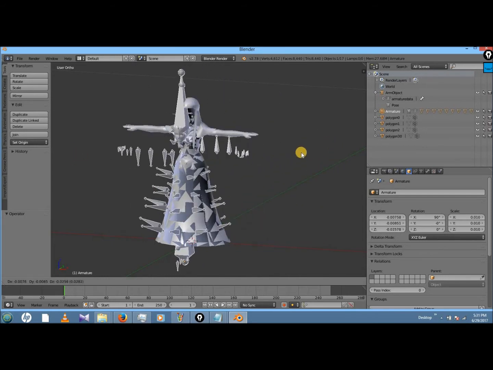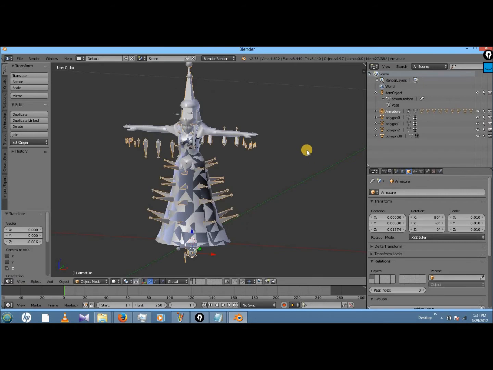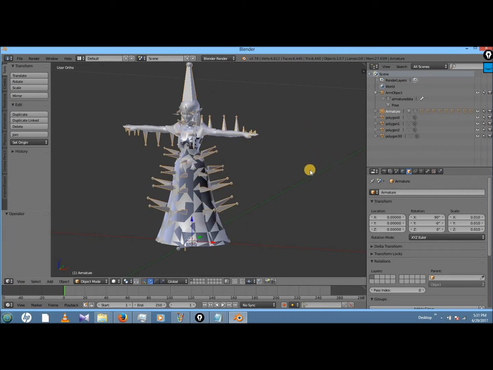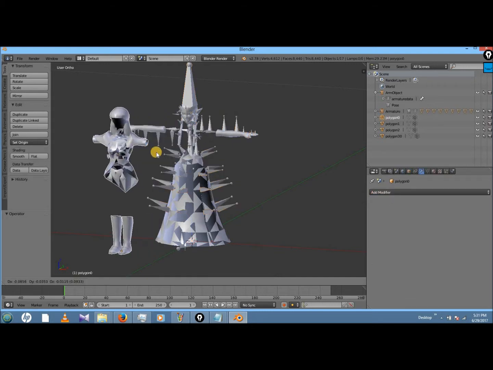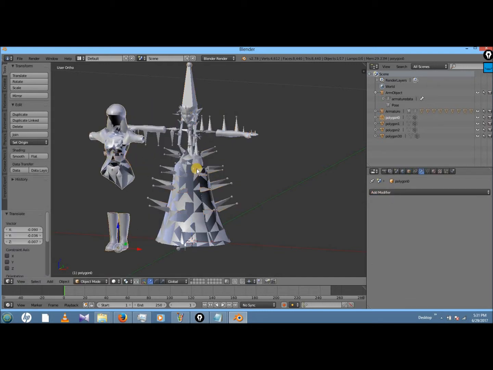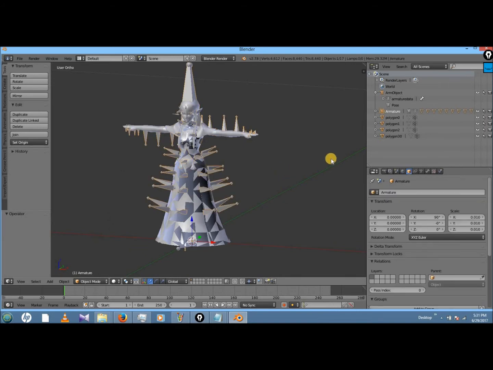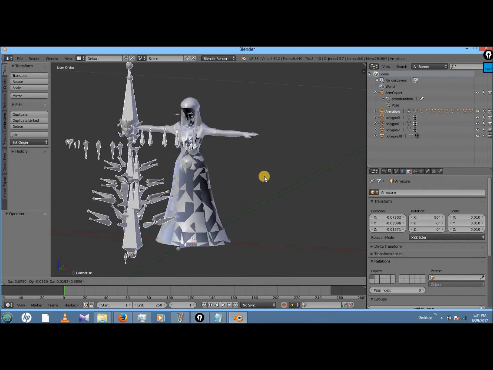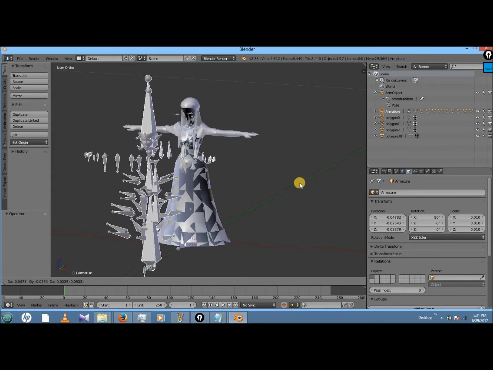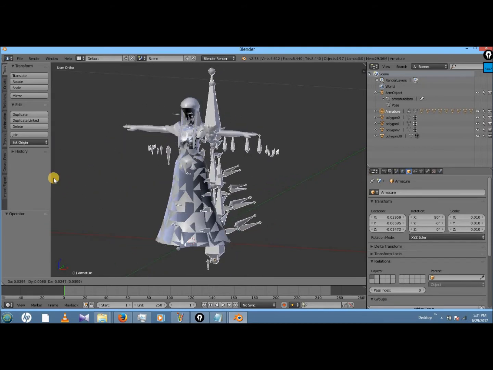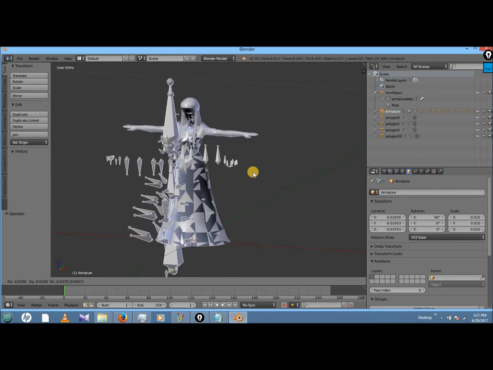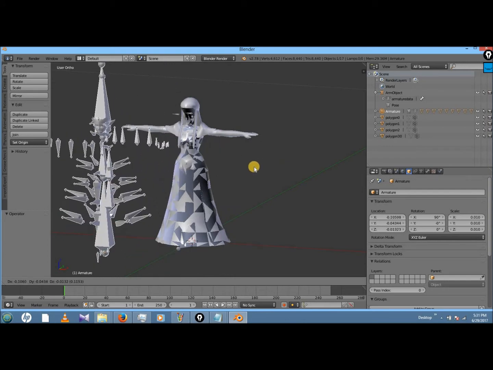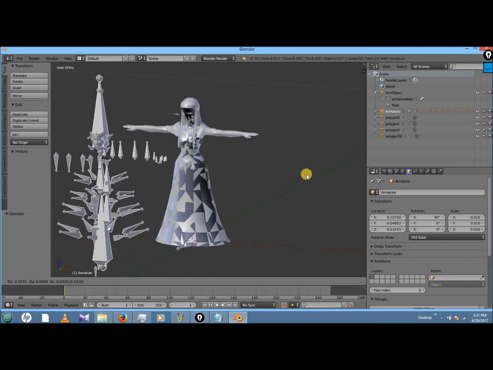The way to do that is you hold down right click while moving the mouse away from the model, because if you do it where the model is, you might select another polygon. But if you do it over here in this gray spot, then it'll remain selecting that stuff. So you can rotate it, and when you let go of the mouse and you see it's moving, you're fine.